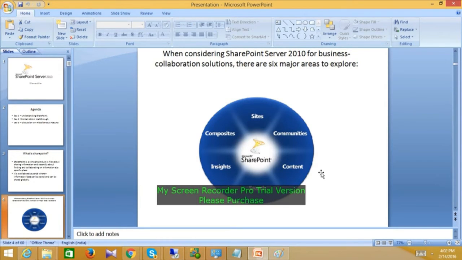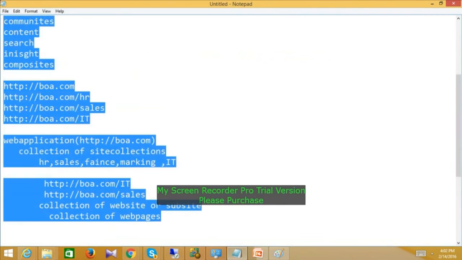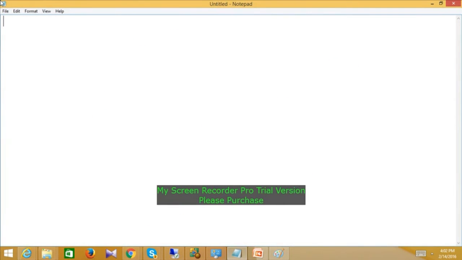Next, composites. What are composites? To develop the SharePoint site, we will use some components, like Visual Studio, SharePoint Designer, Report Designer, and Design Manager.